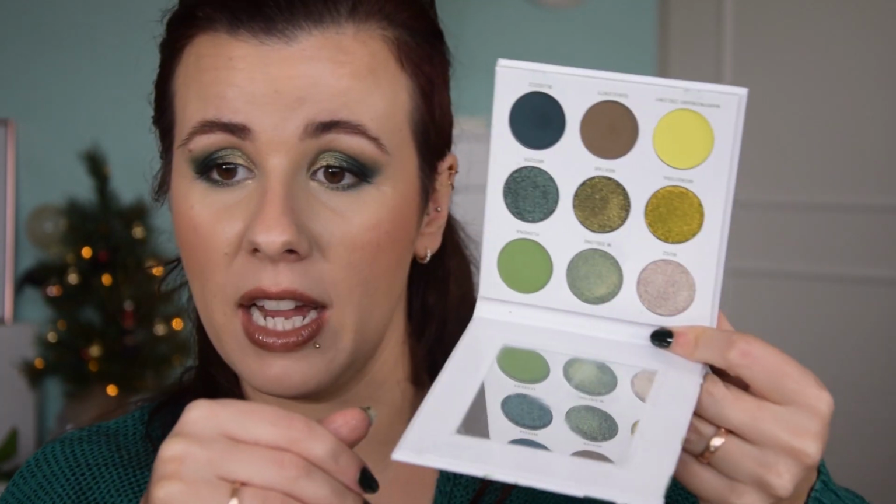I also made a second order buying the green palette, and this is all Marte's makeup fault. She also got the green palette, and it's just so beautiful. It's what I'm wearing on my eyes today. And it's this. It's a 9-pan palette with green eyeshadows, and I was just amazed by these textures of the